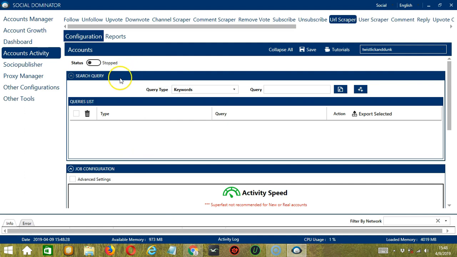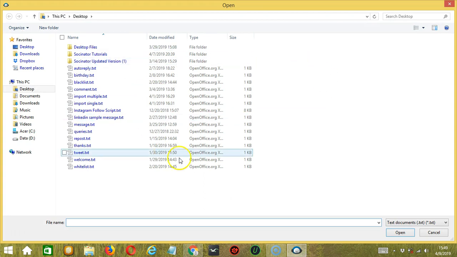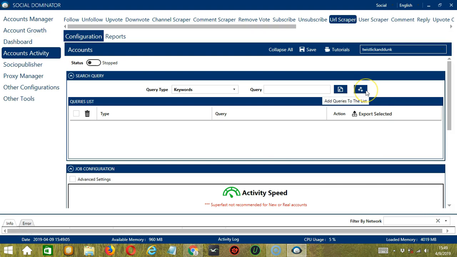As the name suggests, Search Query allows you to command the software on how to search targeted posts to scrape. There are two important sections, Query Type and Query. Query Type defines how you want to search the post. You can select the query type by clicking the drop-down button. Once you have chosen your query type, enter the query either manually by typing in this area, or you may click this button to import from CSV or text file. Select the right file and click Open. When you're done, click the Add Queries to the List button and it will be added to the queries list